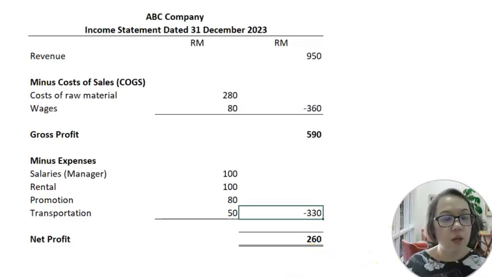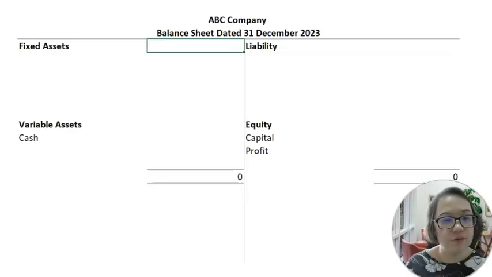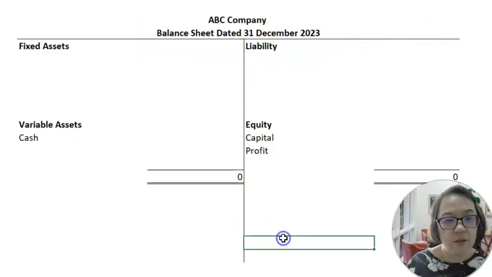Next we are going to look at the balance sheet. This is the format of the balance sheet. Similarly, we have the title of the company here. The title is Balance Sheet dated 31st December 2023. We are using a format that we know as the T format. You can see two major lines here that look like a T, so we go with the T format. Normally on the left side, we have assets. And on the right side, we have liabilities and equities, two major components.